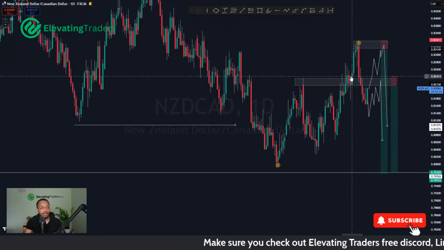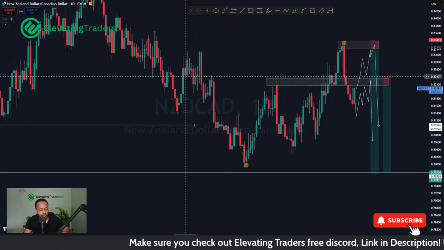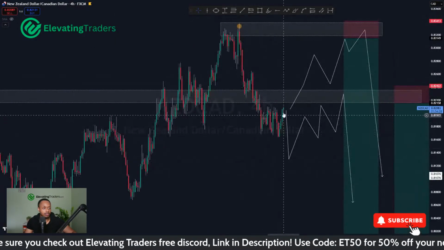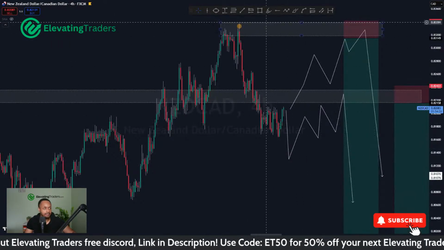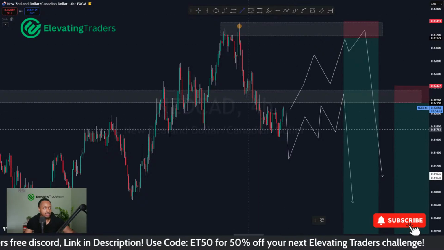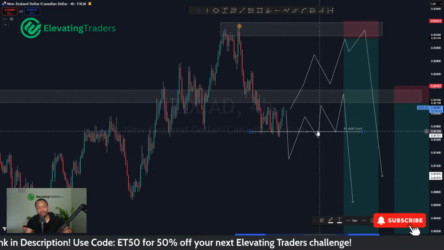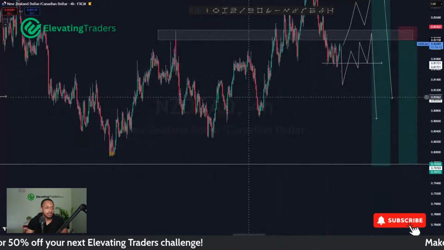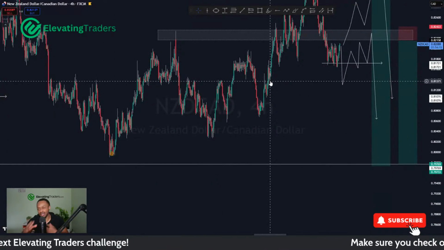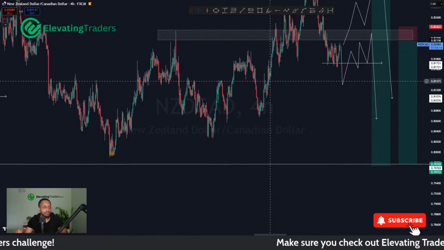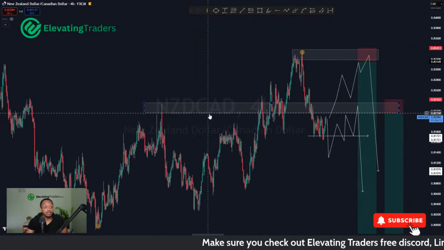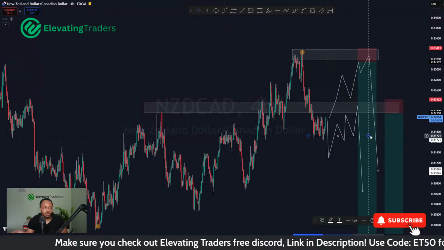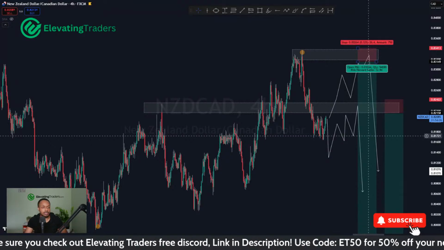But for NZD-CAD, I'll probably look at some lows on the left in the 4-hour chart to bank profit. So for example, if we do push up back into the high there, then of course this low will be something to look at in terms of banking profit. That could be a nice place to do that, and then I might leave the remaining to run. It does depend on how everything sets up, so it's not concrete yet. But in terms of levels I want to trade from, those are definitely two of them. Now I just need to wait for price to maneuver itself and set up well.